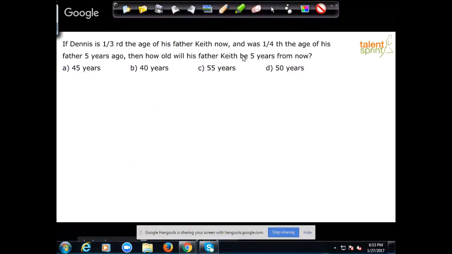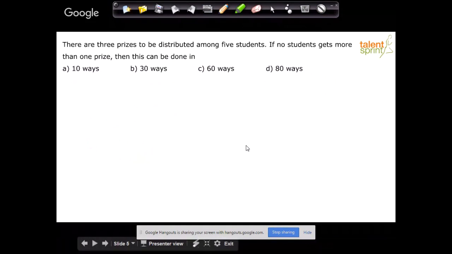So sharing my screen again. The next question is on your screens now. Okay, let's take this one. Well, this one is from permutations and combinations. See what it says. There are 3 prizes to be distributed among 5 students. Now, that looks like a sitter. Anyway, let's take it up.